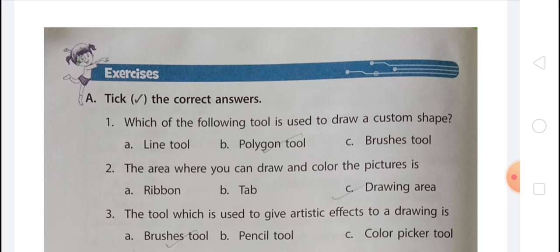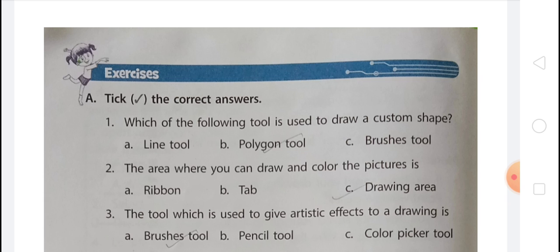And after that, the fill with color tool. The fill with color tool lets you fill color in any closed shape or area in your drawing. To use the fill with color tool, you have to follow some steps. First, draw a closed shape or drawing. Select the fill with color tool in the tools group. After that, in the colors group, select the color 1 button, then select any color in the color palette. After that, move the pointer on the drawing area and click inside the shape. The chosen color fills inside the shape.